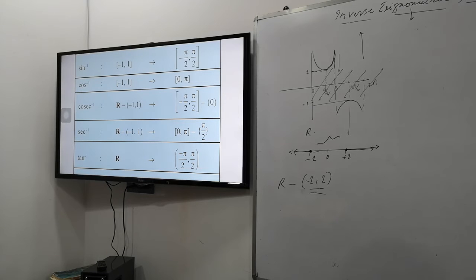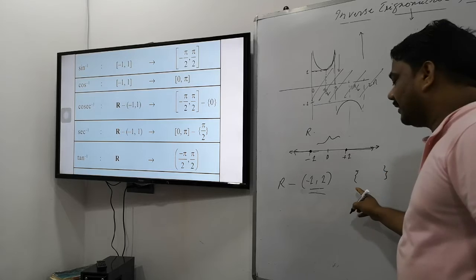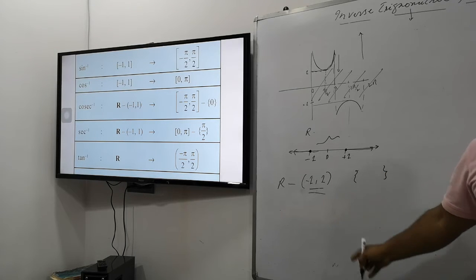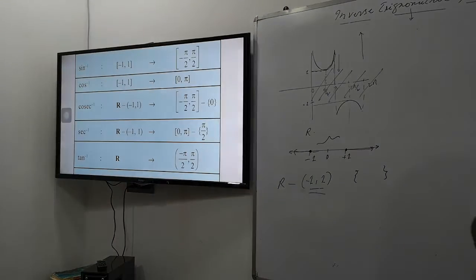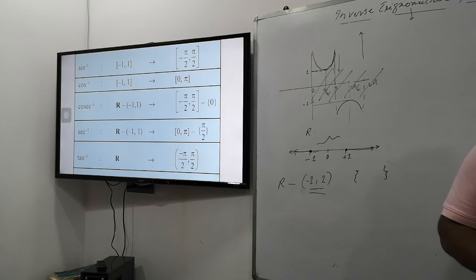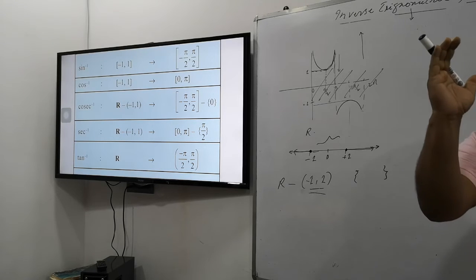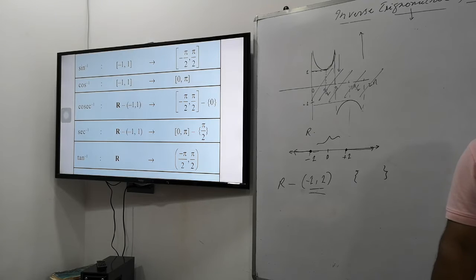So what will come in the range? The values beyond this and the values beyond this. So this is R minus {minus 1, plus 1}. Only minus 1 and plus 1 are being subtracted. This is the representation of the real number set. Generally, if direct values are written in braces, it is called a set. But how is the real set represented? Infinite values lie between minus 1 and plus 1, and each value cannot be written here. So we represent the real set within parentheses by giving the lower and upper limit. Is that clear? This is the interval form of a set.